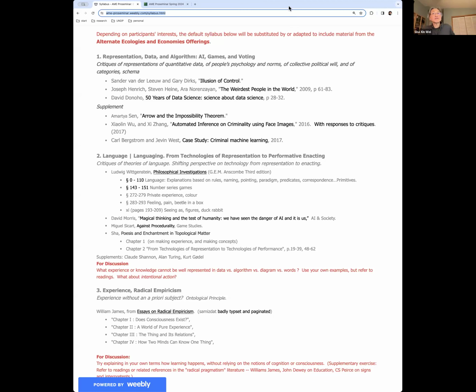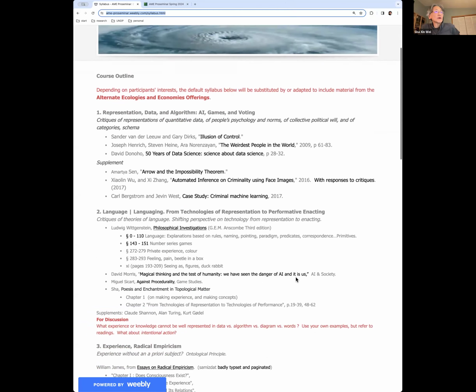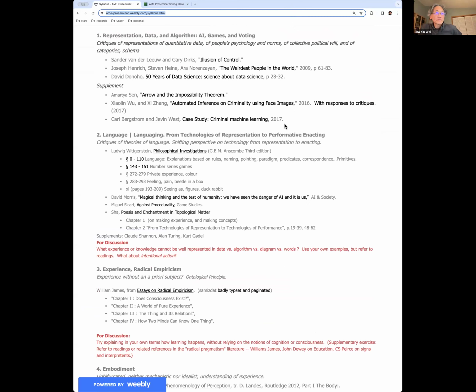All right, here we are. Can you all see the syllabus? All right. So we are in this first module, representation, and the supplement actually has other articles which are quite different, but also pretty pointed. We won't probably discuss them explicitly, but if some of you are interested in that, please go ahead and look at that. We can maybe bring them into discussions later on.